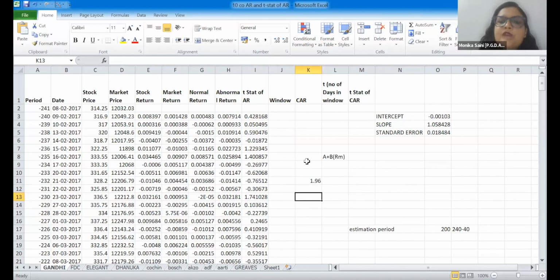The main hypothesis that we are making in this event study is whether abnormal return is equal to zero or not equal to zero. So if it is more than or less than 1.96, for example, in this case,